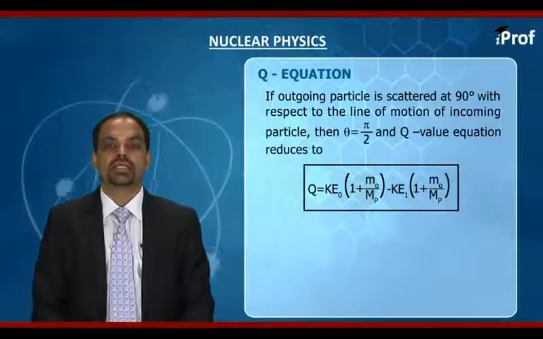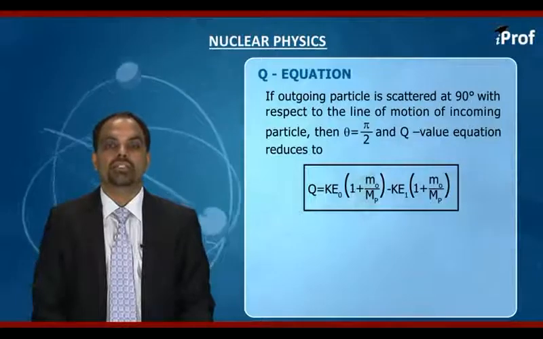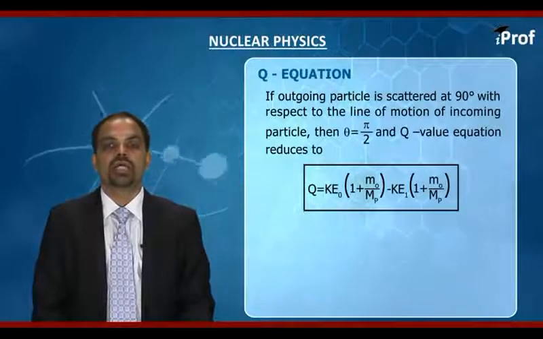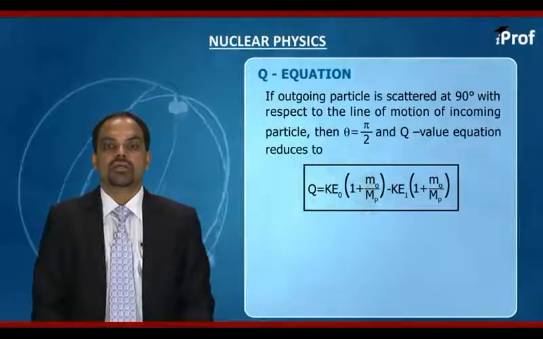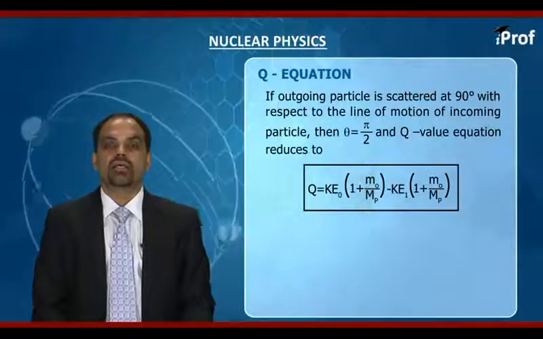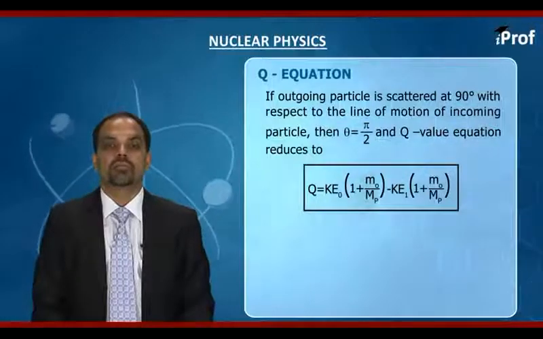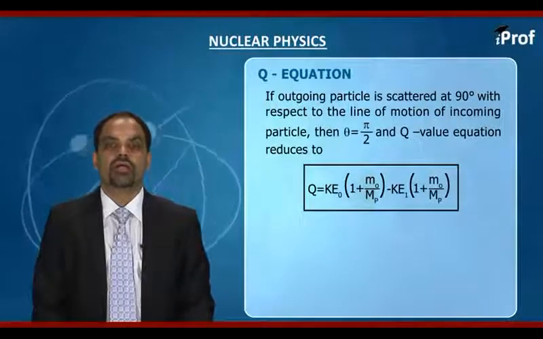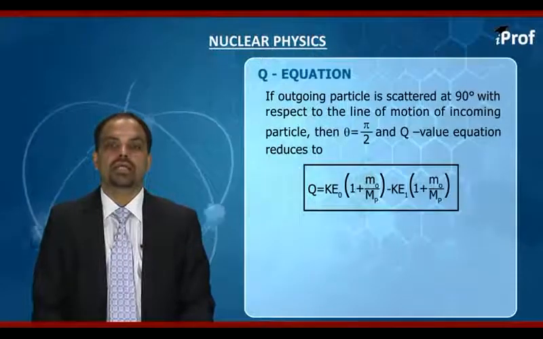What is important for us is to see how we have arrived at this equation, applying conservation of linear momentum and reminding ourselves of the definition of Q value in terms of the kinetic energy of the nuclei involved in the nuclear reaction. Again I repeat, the Q value in terms of kinetic energy is simply the kinetic energy of the products minus the kinetic energy of the reactants. When I say products, I mean the product nucleus and the outgoing particle, and by reactants I mean the incoming particle and the target nucleus.